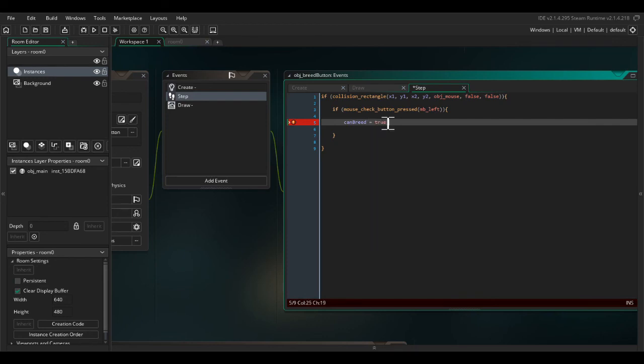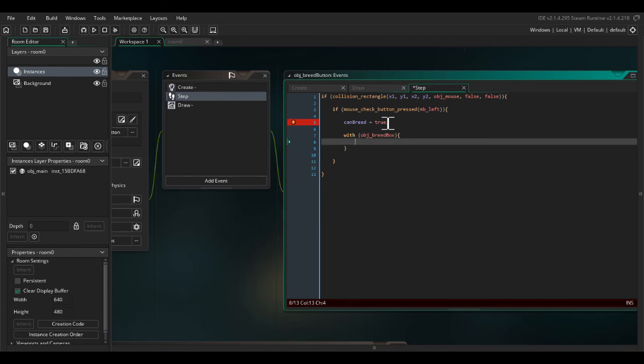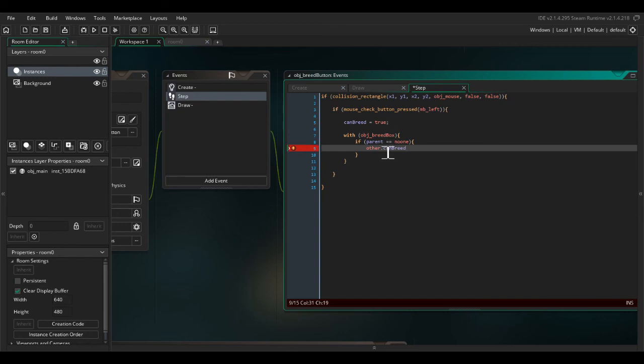So if can breed equals true with obj breed box, if parent equals no one, then other dot can breed, because you remember in a with statement you have to reference this variable with other dot because it's not in the same code block. Other dot can breed equals false,